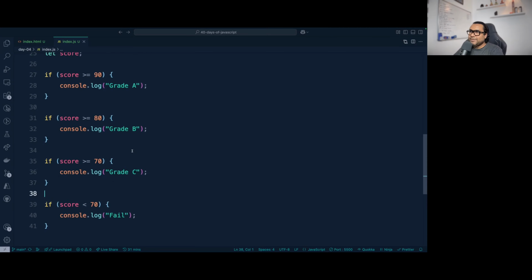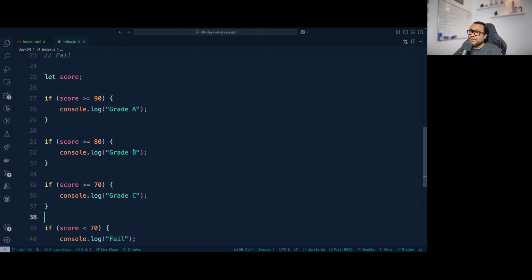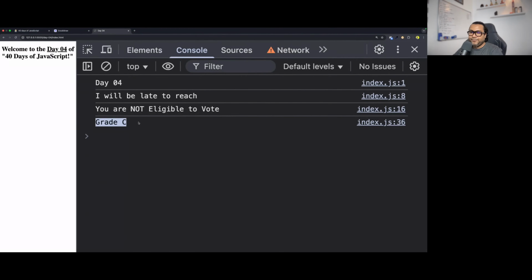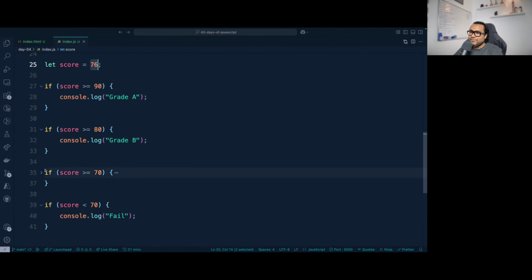I have solved this particular problem without using any else. Can we run this? For a mark, say score equals 76. Let's see the output. It says grade C. 76 means grade C. So 76 falls into this particular condition, that 76 is greater than or equal to 70, grade C. Other things have not printed. So I have solved this problem.